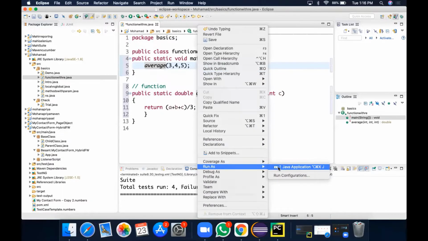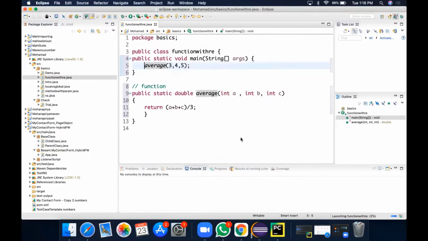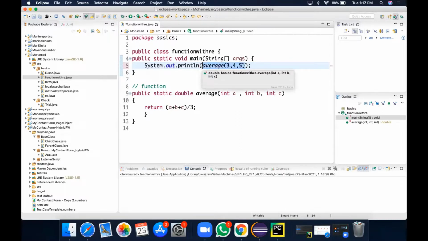Now, if I run the code, I'm not getting any output here, because this method is going to give you something, not print something. So within this printout statement, you have to call this return function. When I call it with 3, 4, 5, it will find the average and the value will be there, but it will not print the value.